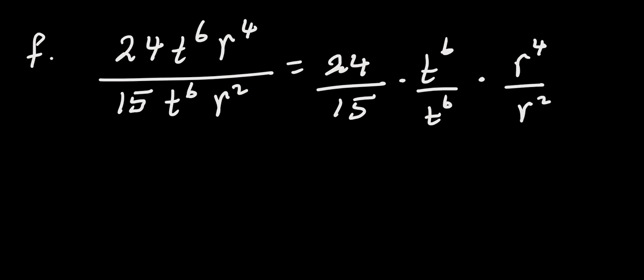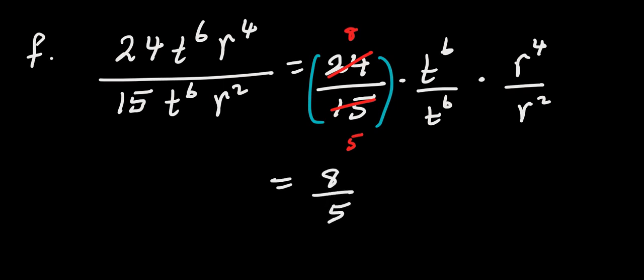So now let's try and simplify this. What number can go into 24 and 15? 3 into this is going to give us 8, and 3 into this is going to give us 5. So this will be equal to 8 over 5 times,